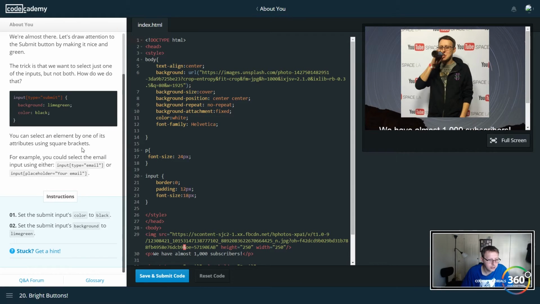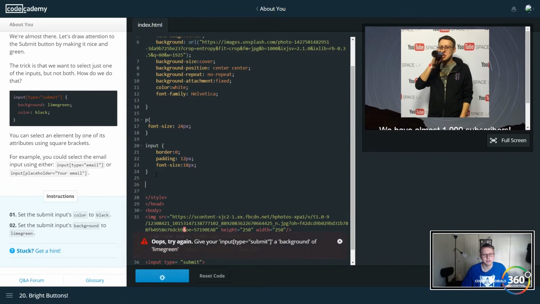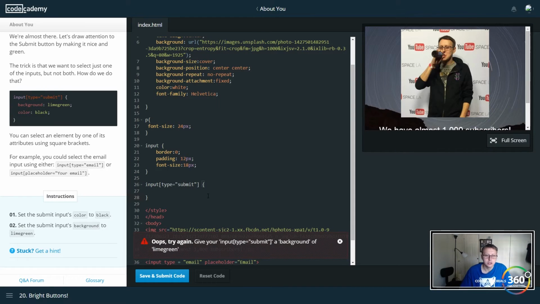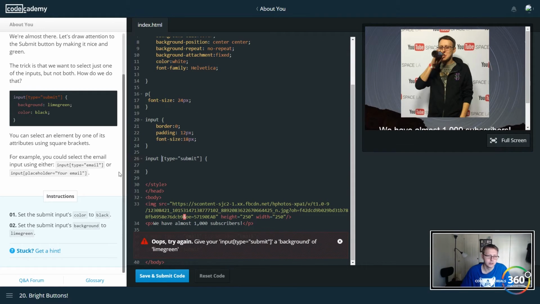So set the input types color to black. We have a type here called submit and a type called email. So in this case, let's go ahead and just copy this over. We're going to be much more specific. What you need to know is you're going to inherit everything from input, and anything that's more specific will override it. So in this case, we're going to say background